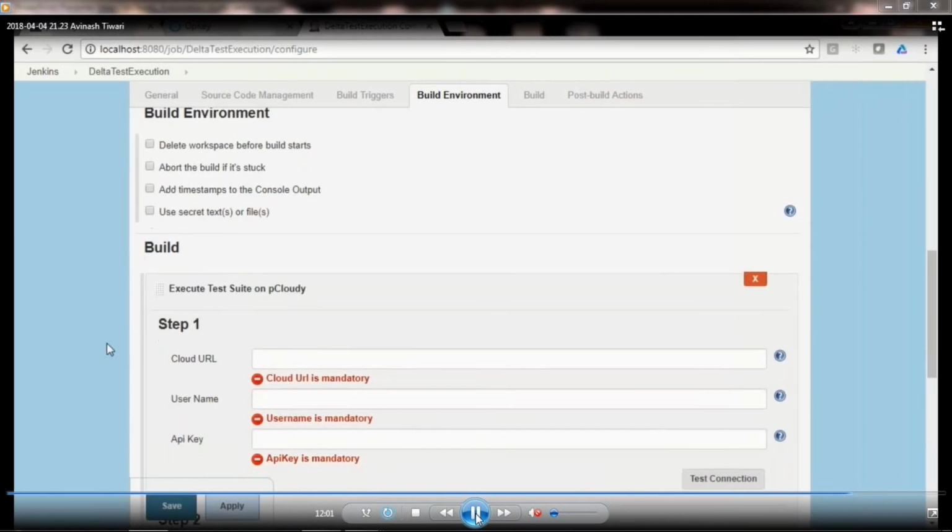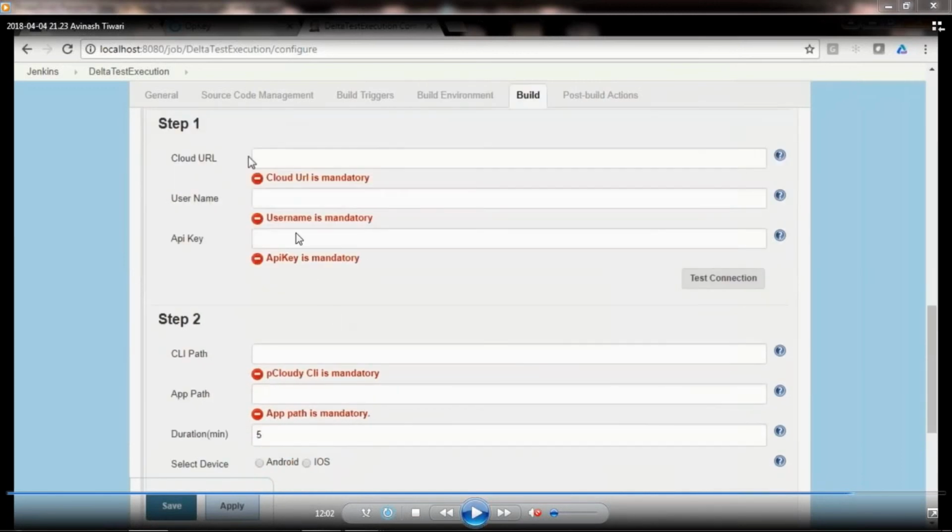And once you select that, you can see it will ask me to enter the cloud URL, the username, the API keys. Then in step 2, it will ask me to put the CLI path, app path, duration, and so on. So this is the field where you have to enter the credentials. Basically, it's a device